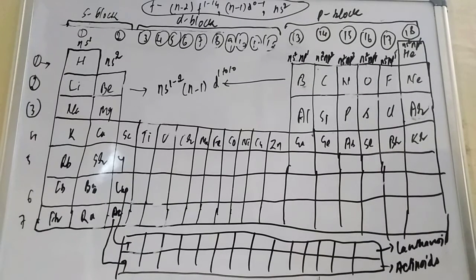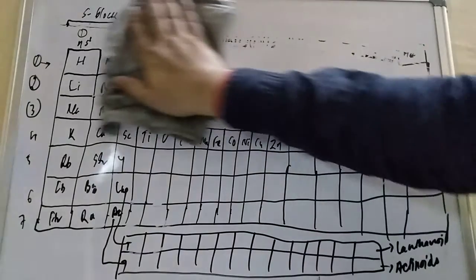So what we have to do, student, in the next video we will study the properties of the elements, like ionization enthalpy, electronegativity, and electron gain enthalpy. Everything we will be studying, student. In this video lecture, a little more things we are going to discuss. Let us try to understand that. What more things can we discuss, student?